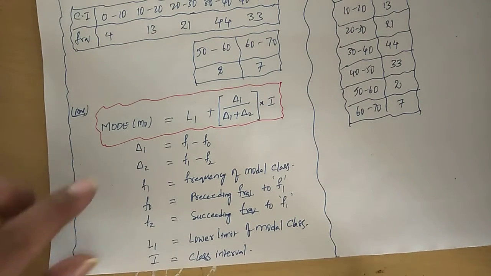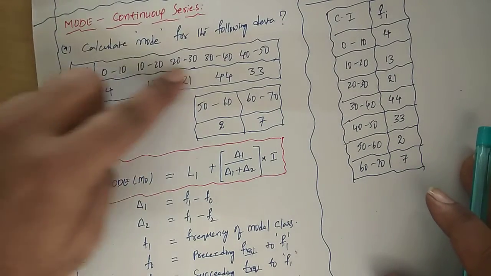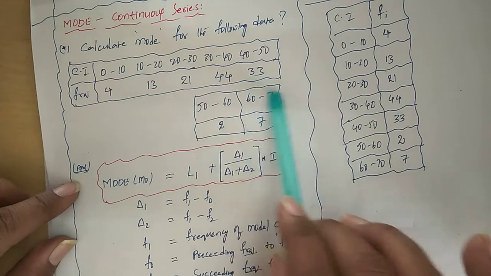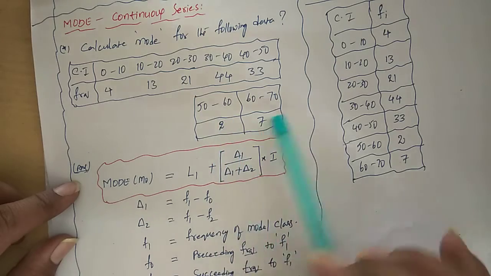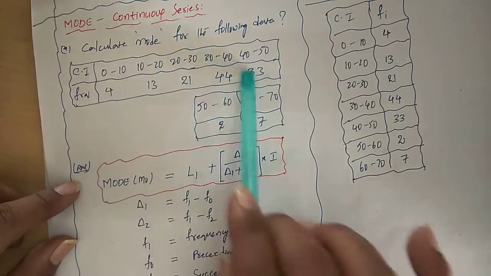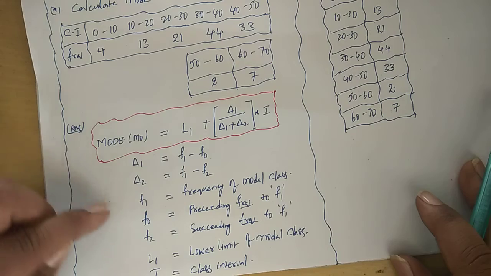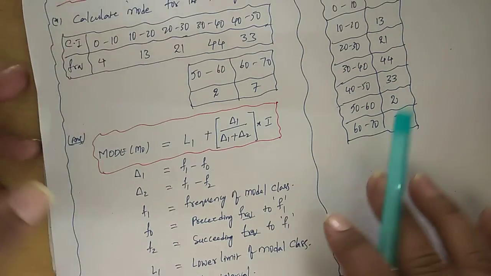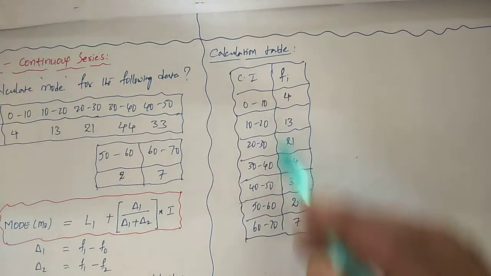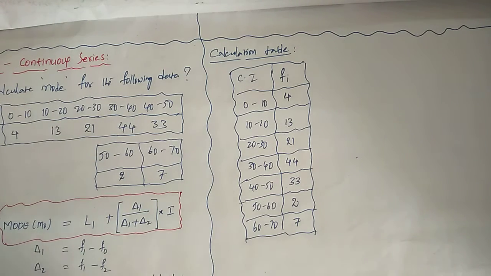Okay. Now we apply this formula for a continuous modal example. This is the continuous data. So here, because of the space, I continued the problem here. Kindly adjust. So 40, 50, after that 50, 60, 62, 70. So these are all the values. Okay. Now after that immediately I write the formula and I am in the calculation table. Okay, this is the calculation table. So what to do in the calculation table? We actually recreated the table, I mean to say in the vertical way.